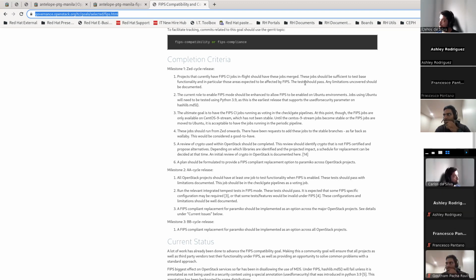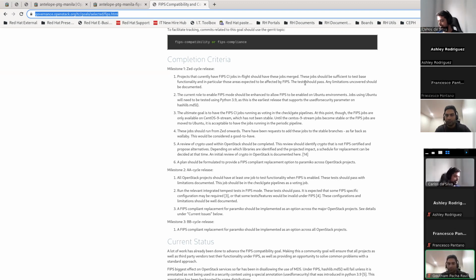And yeah, those jobs are the snowflakes from our CI, because they are the only jobs using CentOS 9, and all of our other jobs are using Ubuntu. When we implemented those jobs, there wasn't a way to have FIPS enabled on Ubuntu. Not that we couldn't have, but there wasn't a way to do it for free. You would need to get a subscription or something like that, because it used to be a premium feature. So yeah,